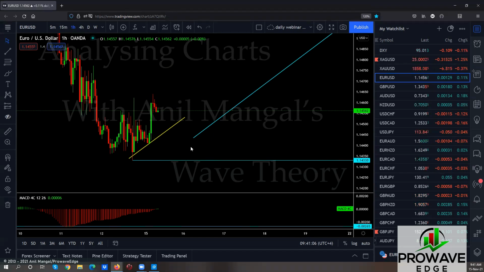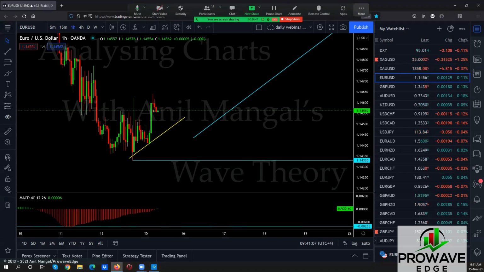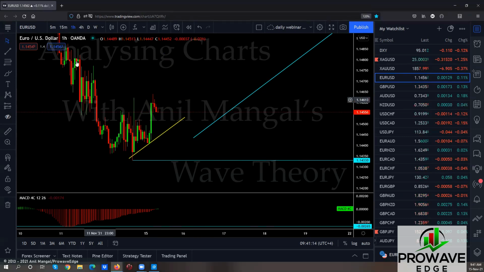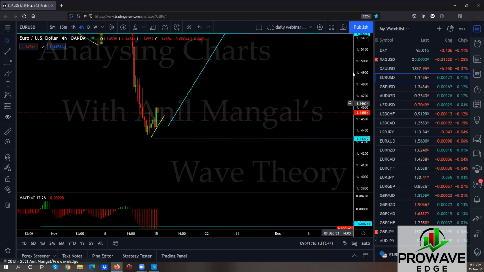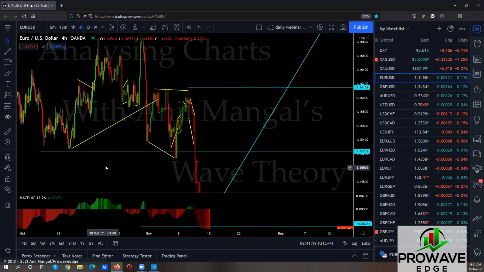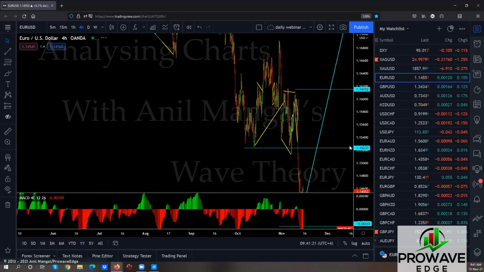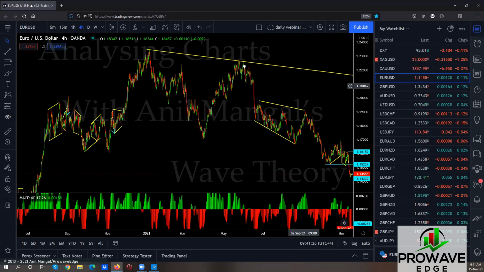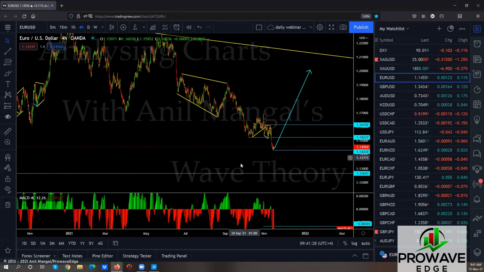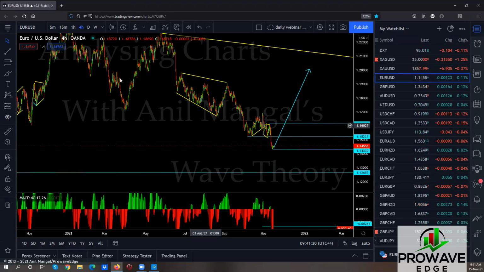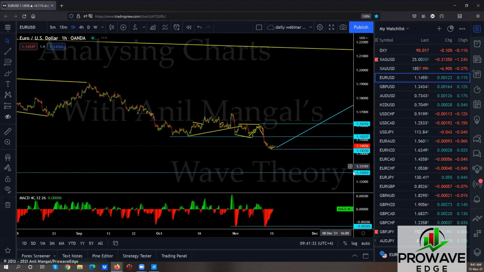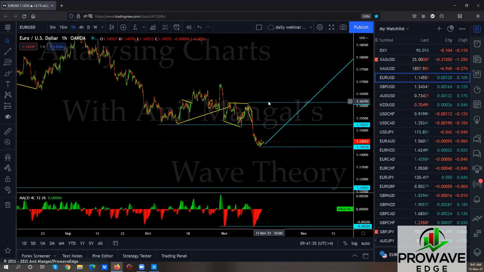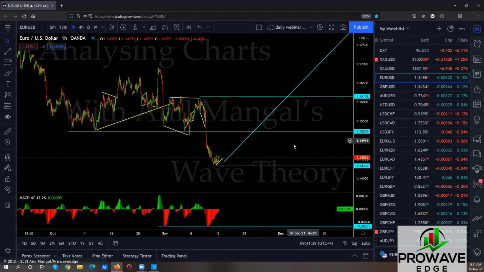So right now, what we want to see is this small flag stays here as a flag and then breaks out. If that happens, we'll confirm more upside, right? We'll confirm the big upside that we're expecting, just like the dollar index, which means we're expecting a bigger one for this piece. If it stays in consolidation, that will be one more low. So if this stays in consolidation here, it's a sell. But it's a sell only for one more impulse down, because after that one impulse, it could turn.